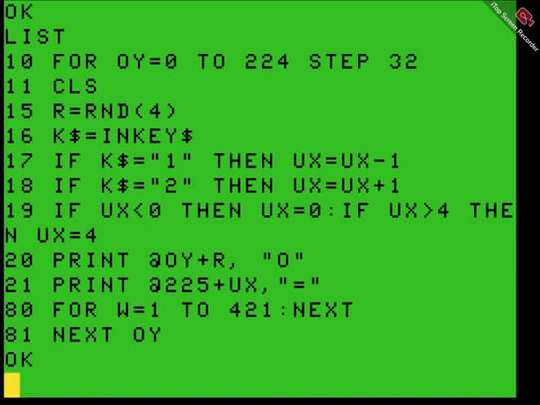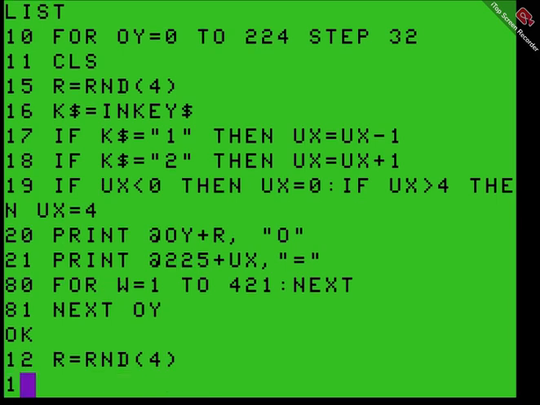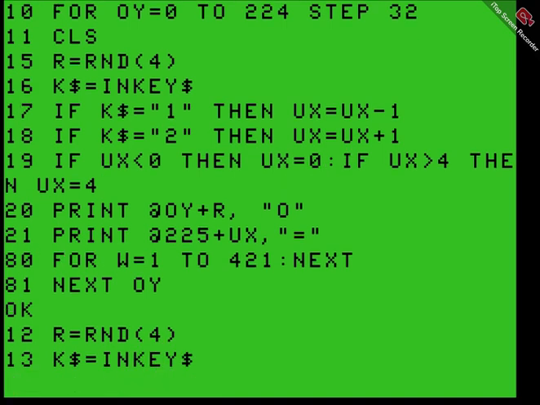Let's do 12 R equals RND 4. 13 K equals... we're working backwards. We're doing it all over again, but we will have more space to do some stuff I want to do. So 14 if K equals 1, then ux equals,